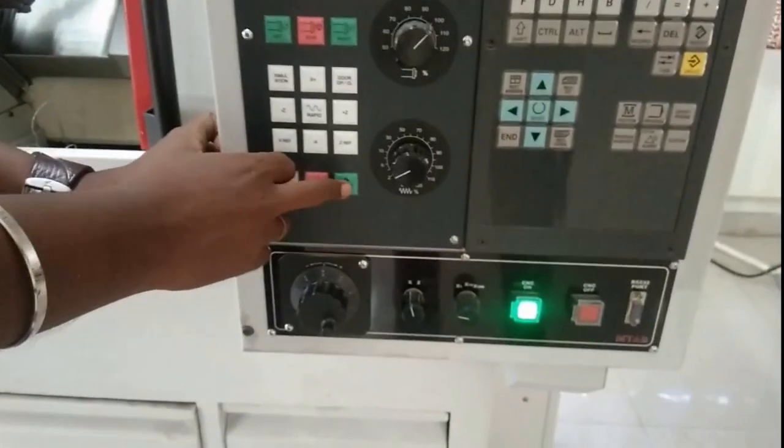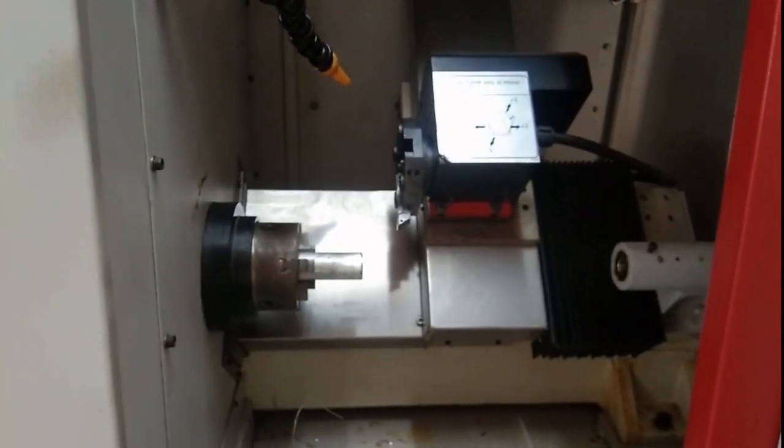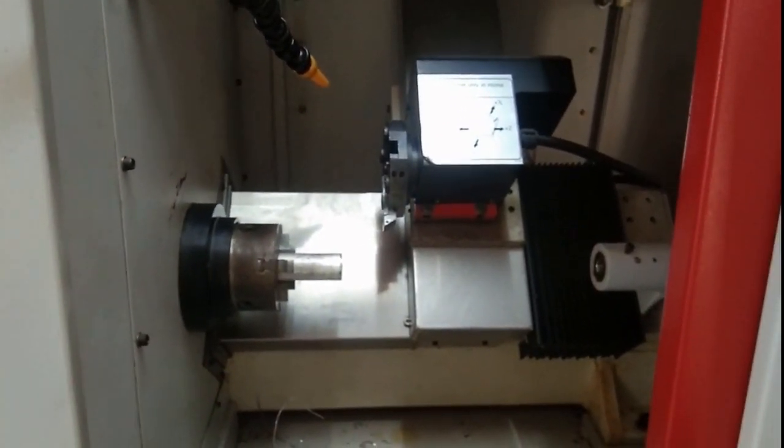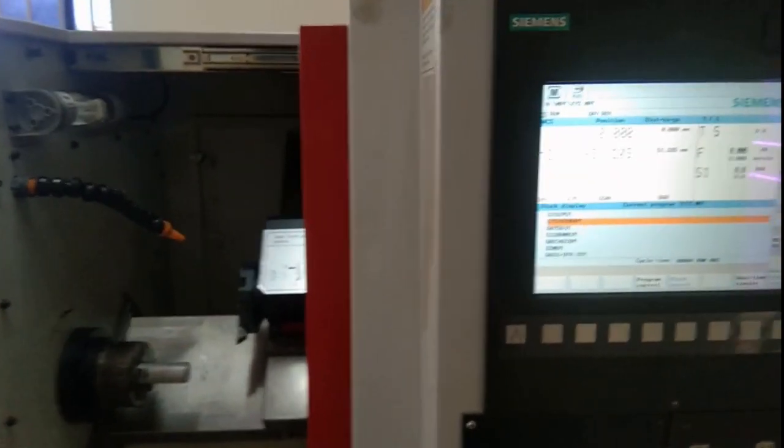Yes, some errors occurred, so the operator edits the program again, moves the turret, and slowly fixes the tool offset condition again, which is the tool offset.